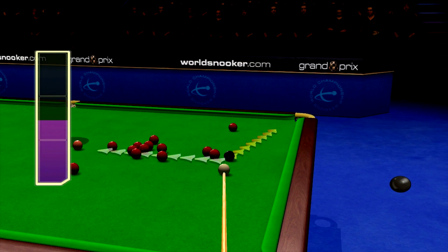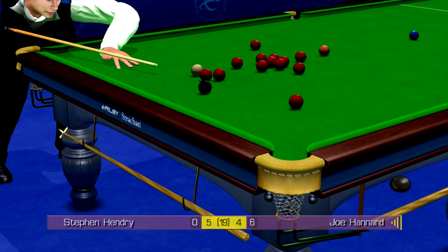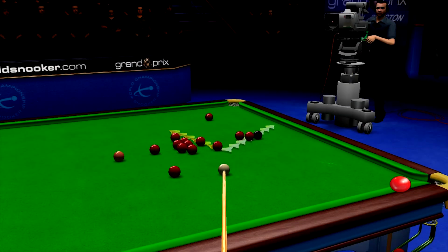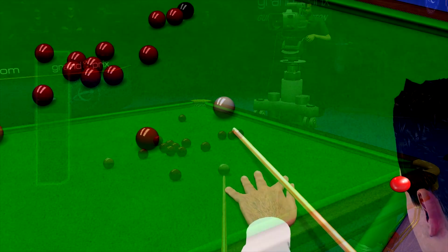Once again, John Parrott in the commentary box for this final session. So it doesn't look like we're going to get to hear Steve Davis's commentary on this game, but sorry to disappoint. It's largely the same as the 2005 commentary, just like John Parrott. So